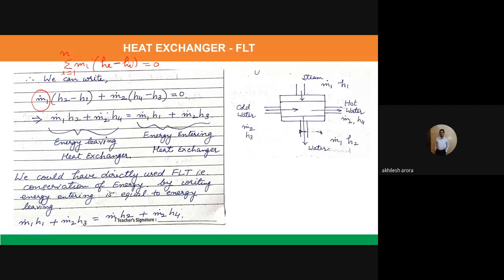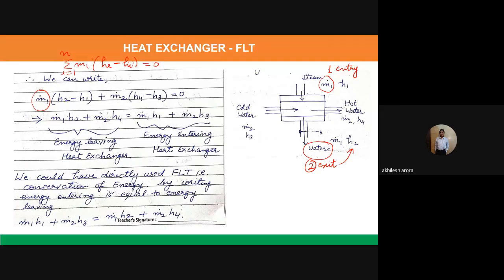So this is state point 1. So it is the entry. And for the steam, when it is getting converted to the water, this is the state point 2. This is the exit. Okay. And at exit, the enthalpy is H2, whereas the enthalpy of entry is H1. So you can see it here.